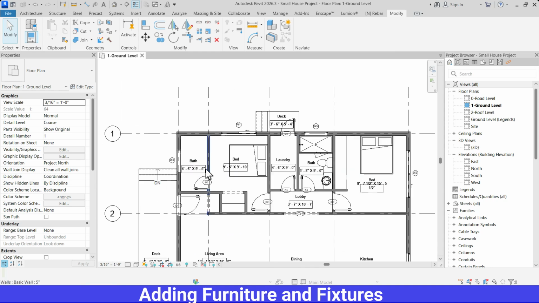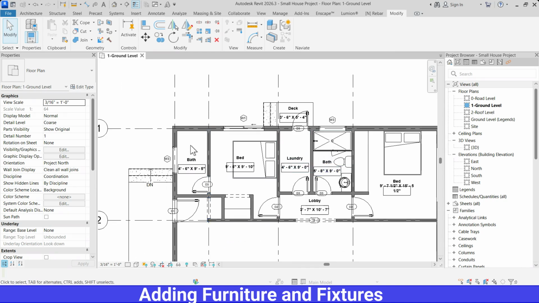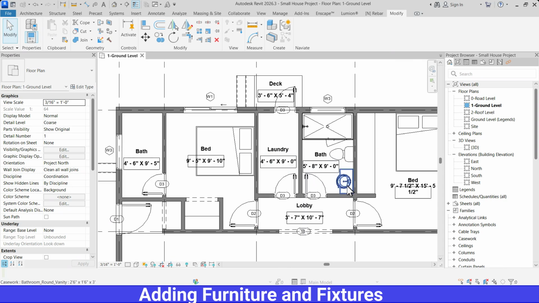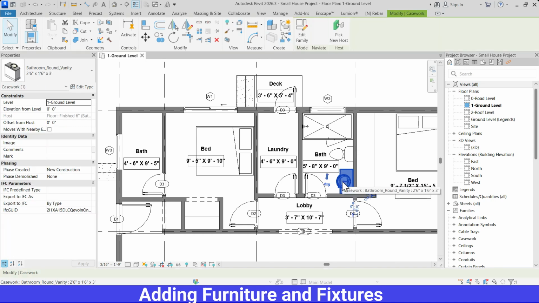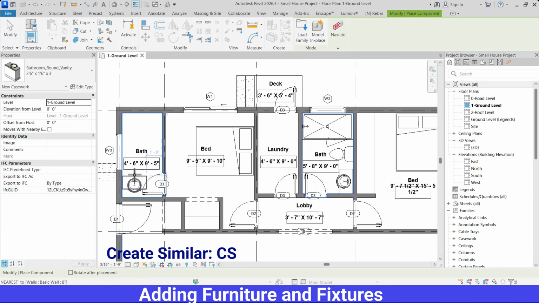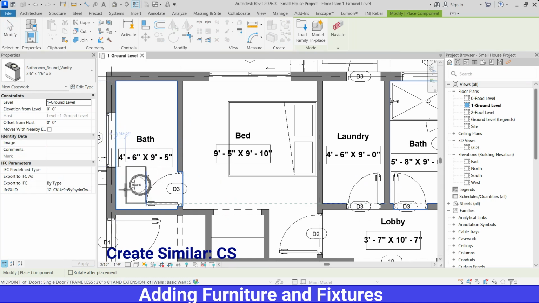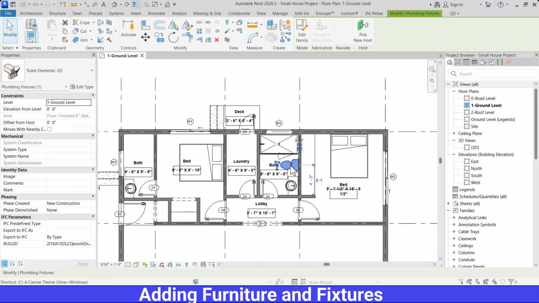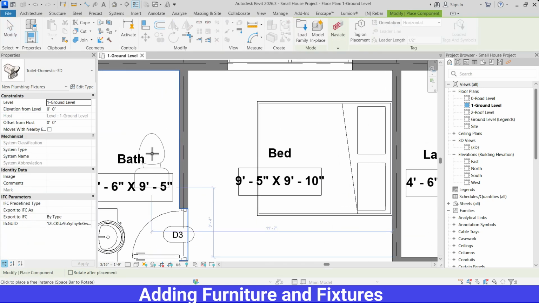Then I need same fixtures in the other bathroom. So I will select it and press CS as create similar shortcut from keyboard, and then flip it and place it here. Again select it, CS, then place it somewhere here,